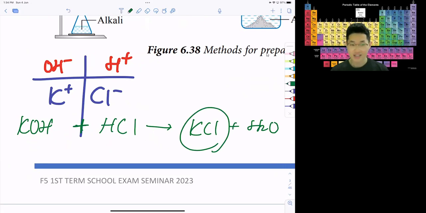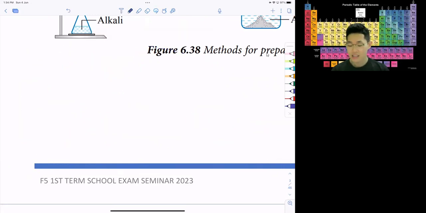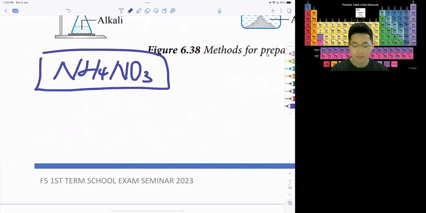No question, right? Okay, then we do it the other way around. I give you example, you give me the reactant. Reactant is this part. Okay, so let's try. So if I want to make ammonium nitrate today, let's say, what are the two reactants needed? If I want to make ammonium nitrate,